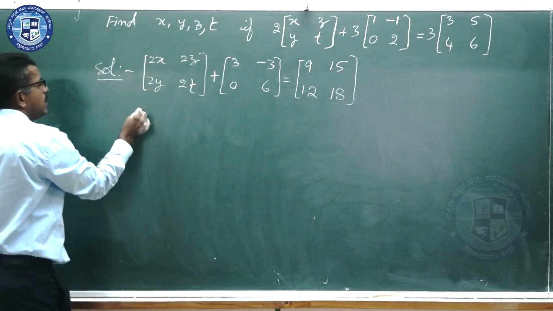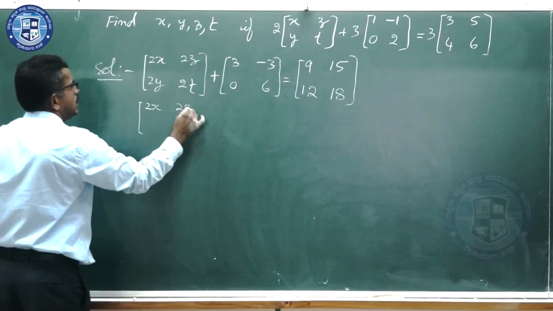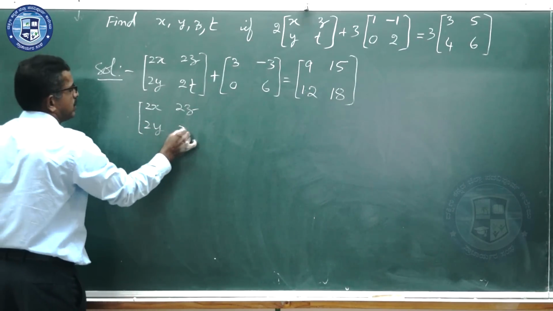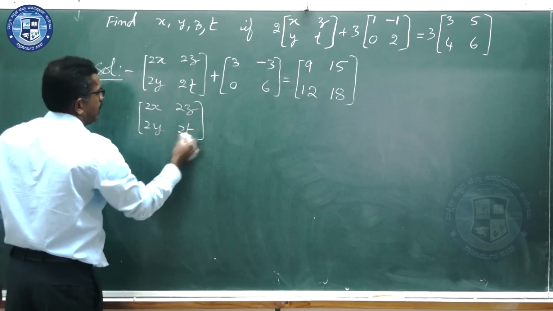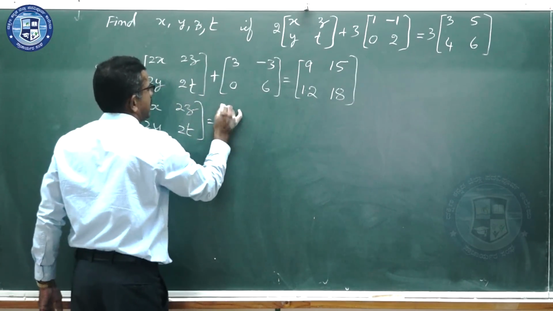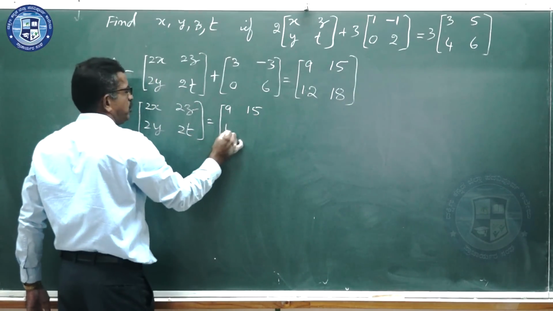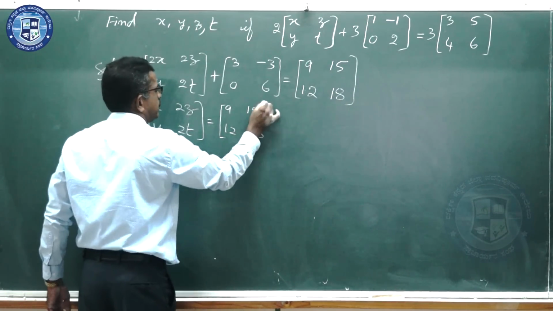Now what would be 2x, 2z, 2y, 2t? Let me carry this matrix to the other side. What do you get on carrying this matrix to the other side? First let me write, okay. If I just tell it directly, you may have a little confusion, therefore I'll write it separately.